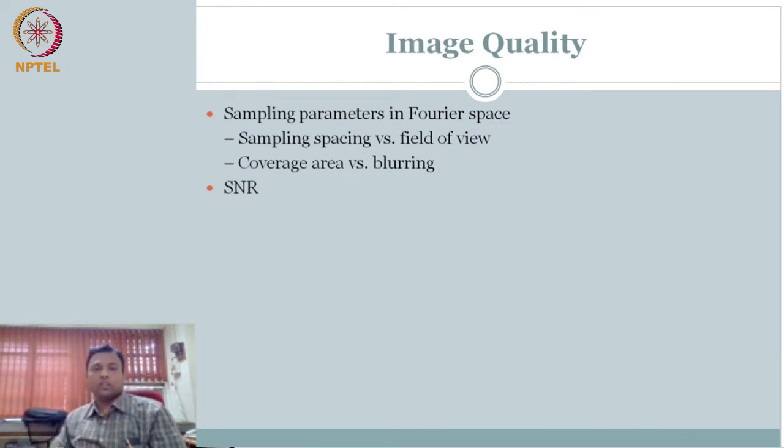So first we will focus on sampling parameters, and the reason for this is that it is related to resolution. So first we want to talk about resolution and then signal to noise ratio. Of course, we already spoke about contrast mechanism before. So once we have noise, you can arrive at contrast to noise ratio. But the emphasis here will be essentially to bring the noise part of it and the resolution part of it, which is very key.